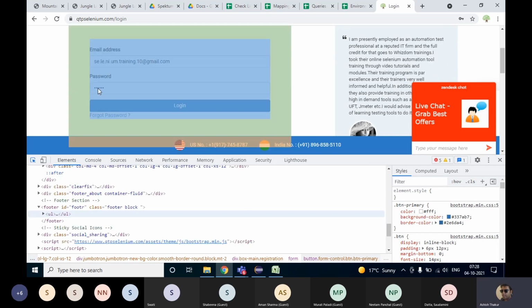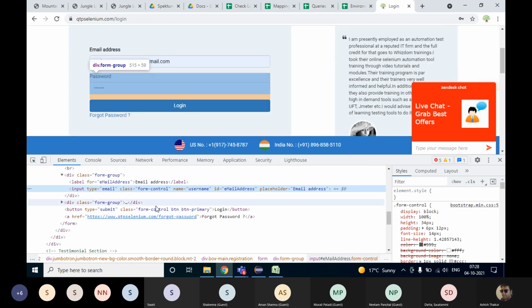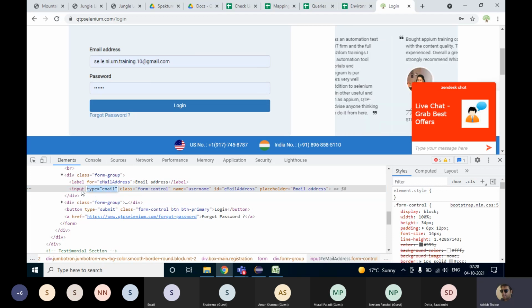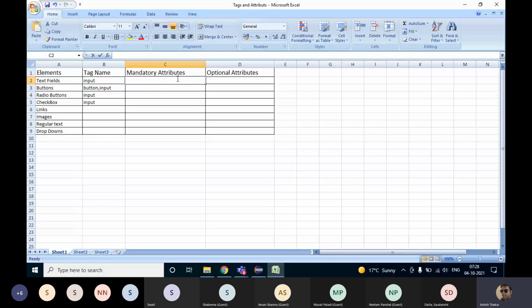Okay, in case of a text field, you will have a type attribute. In case of a text field, most of the time the type attribute is equal to text. Or sometimes if you have an email, it's equal to email.